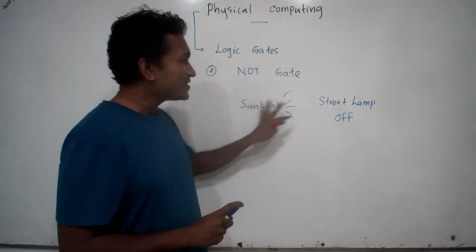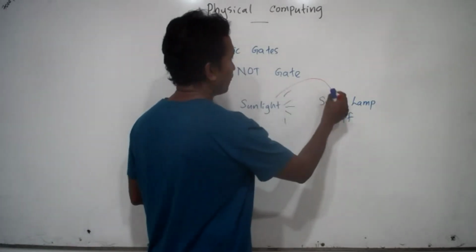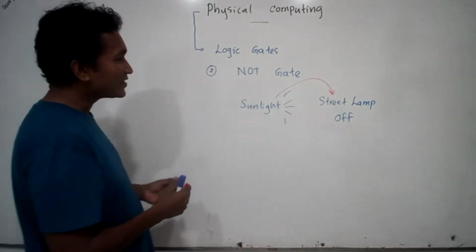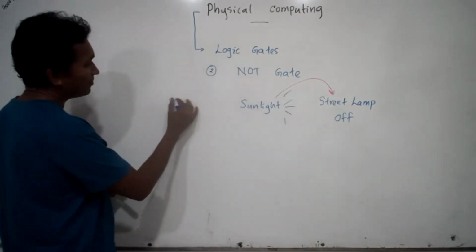When there is sunlight, street lamp is getting off, right? When there is no sunlight, it means street lamp